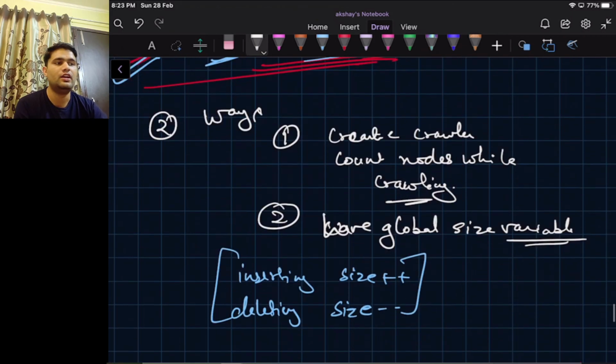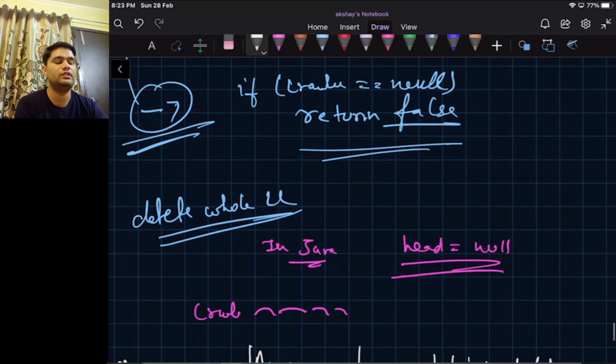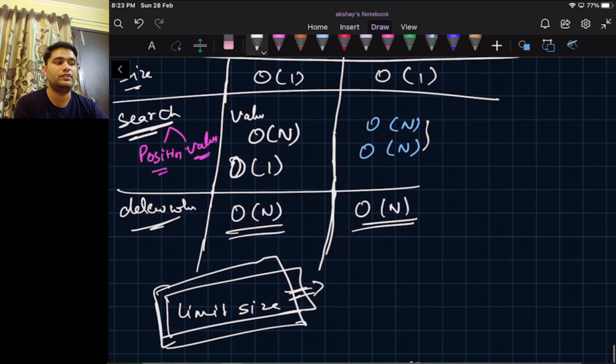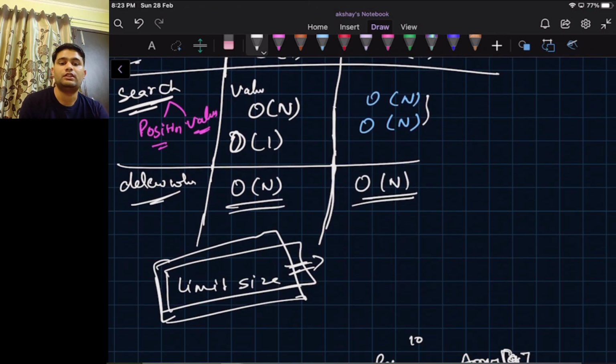We have seen how all the ADT functions of the linked list will work. In the next video, we will be seeing the code of the linked list ADT. If you haven't watched the previous video, you must. I will be attaching the link in the description, and I will attach the link to the next video as well.